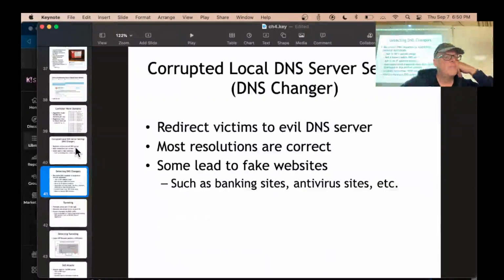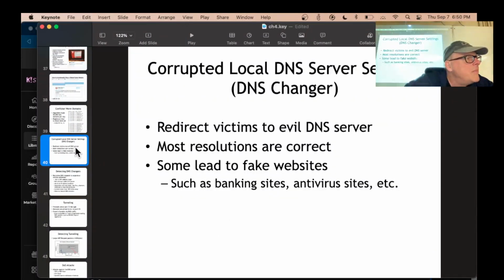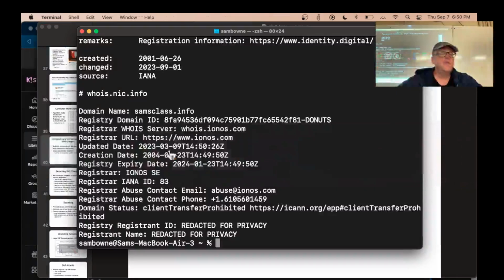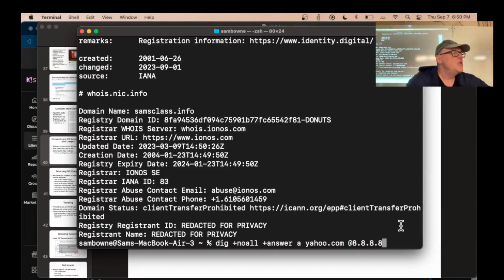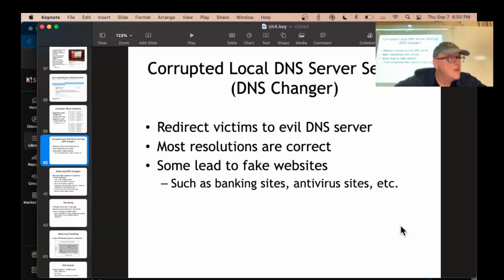Could the user just Google the company? Oh, you could. You could also just use a legitimate resolver like I did. I used 8.8.8.8, which is Google. That's a legitimate resolver. But if you just go to a web page and type in the URL, it'll just use your default resolver, and you don't really know what that is unless you look. But you can do a Google search of that company, and then it will direct to the correct